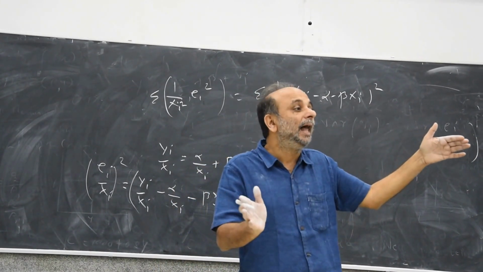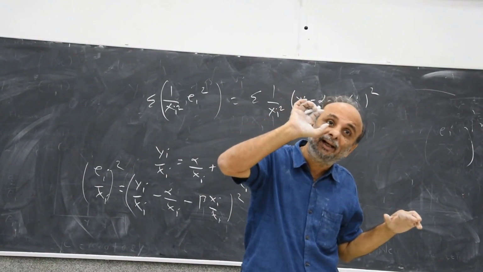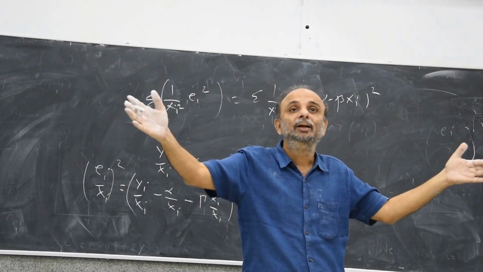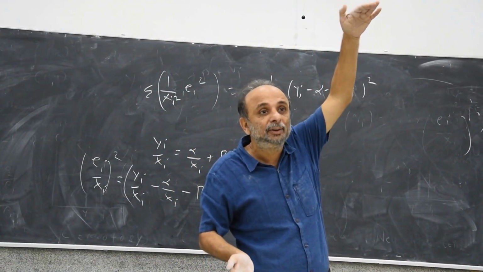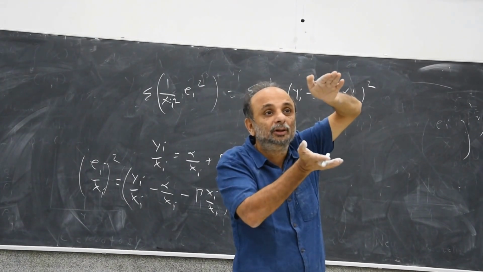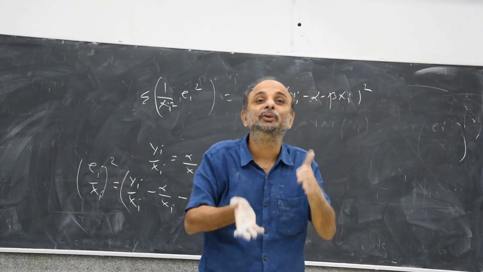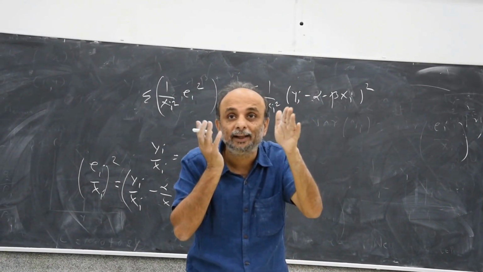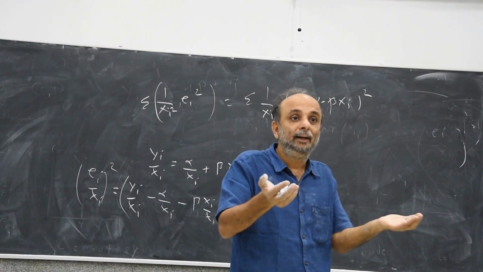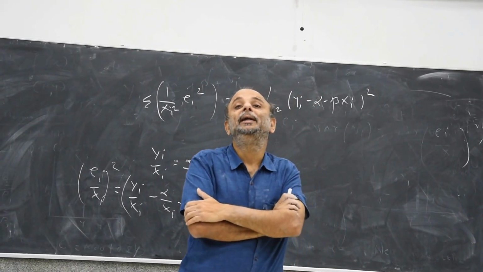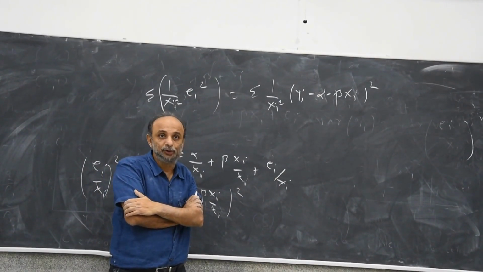So if the x is large, 1 upon xi square is small, which will mean that ei square will get a relatively less importance in minimizing, right? Which will mean that the values of ei where the variance is large will actually get a lower weight in proportion to ones where the variance of ei is small. So values of ei with a larger variance will have a lower weight in calculating beta hat compared to the usual OLS literature. Therefore it is also called weighted least squares, or WLS.